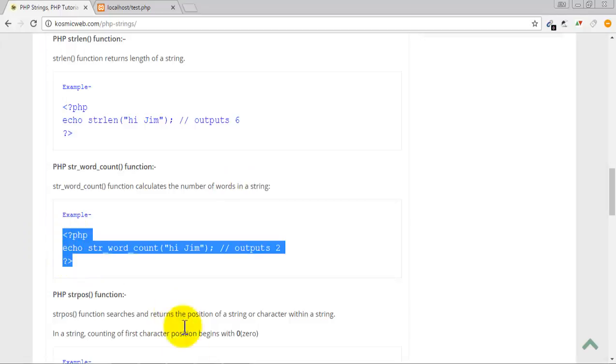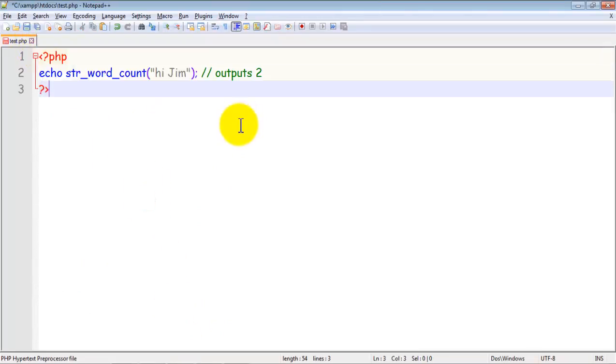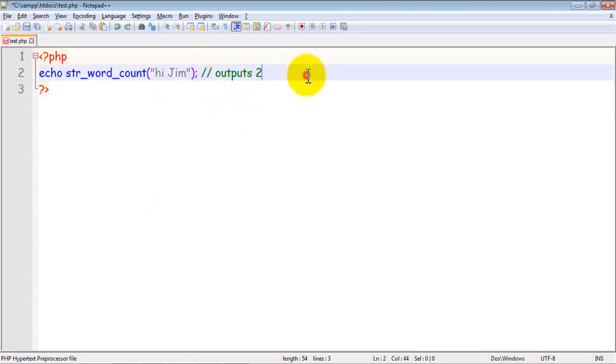For example, save this, echo str_word_count "hi Jim". It will count the number of words present in this string. Here 2 words are present. Hi is one word, another word is Jim, so it will print 2. Refresh, 2 is there.